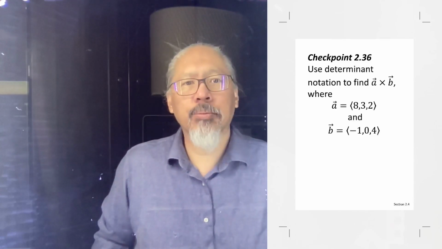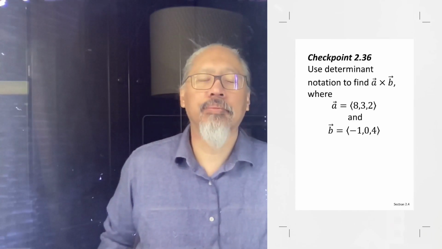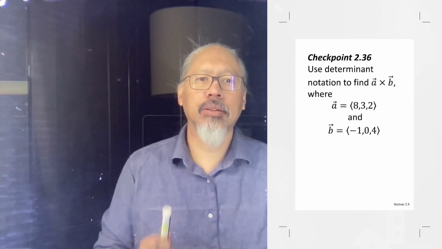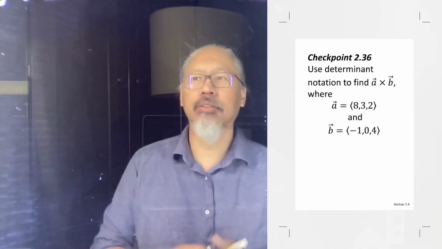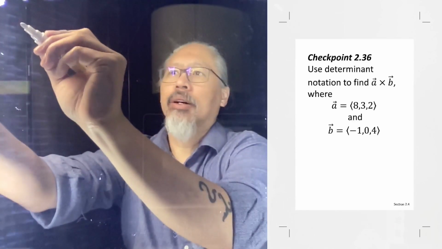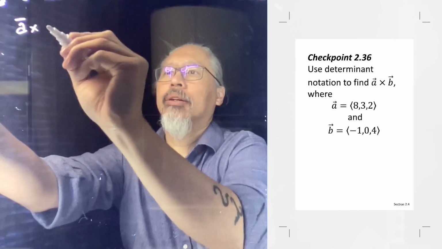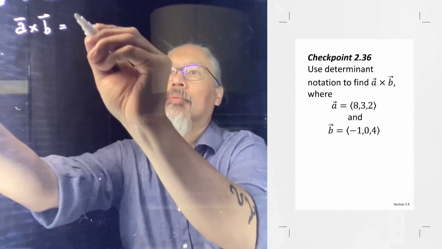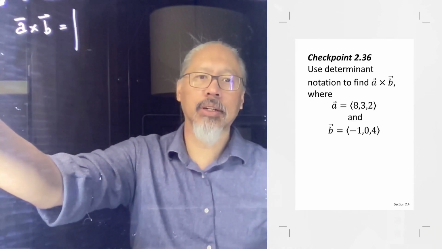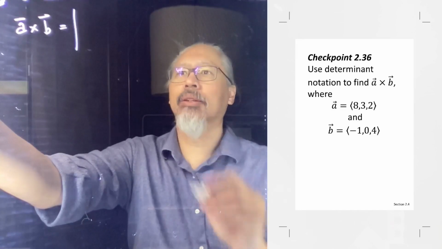Hi, let's do checkpoint 2.36. They want us to use the determinant notation to find the cross product of two vectors. We want the cross of A and B, A cross B. And the way we're going to set this up is we're going to set up a 3x3 matrix with the